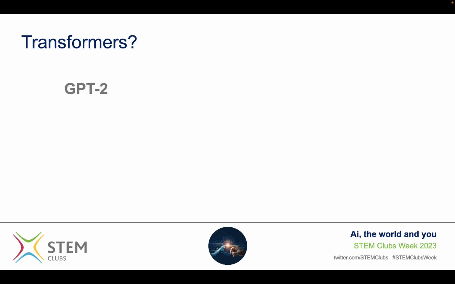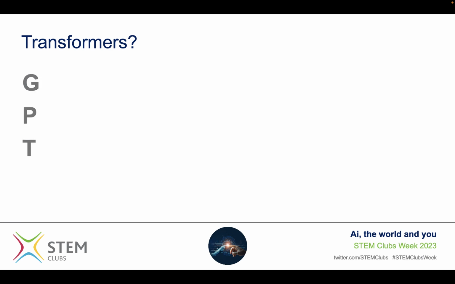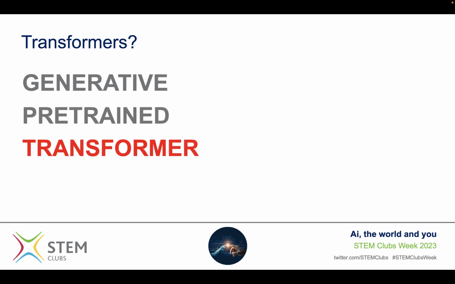So you may have heard about transformer models such as GPT-2, GPT-3, GPT-4, or a very popular one currently called ChatGPT. But do you spot something peculiar about the naming of those transformers? Let's have a closer look at what GPT actually means. GPT actually stands for Generative Pre-trained Transformer. Generative because the model is able to generate new content, new text out of the existing data that it has learned. Pre-trained because